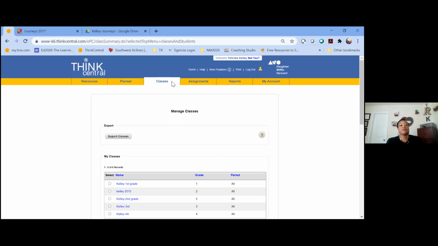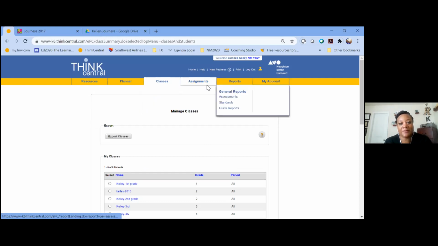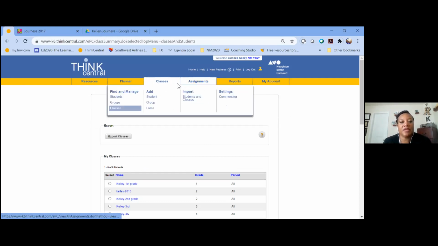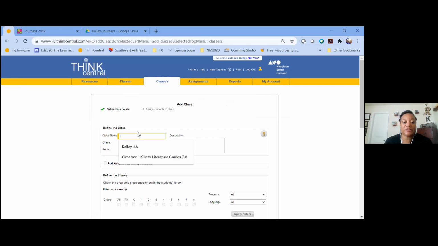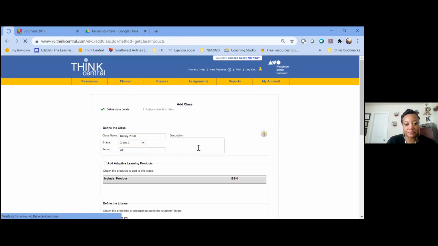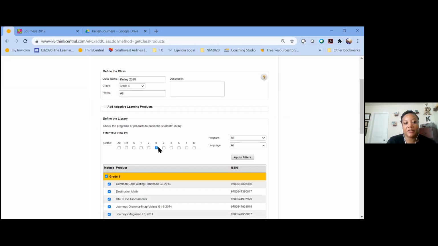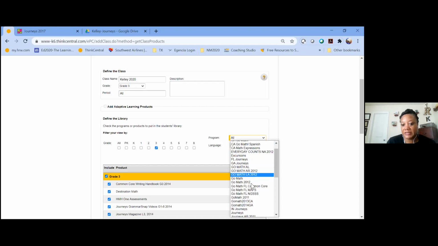All right. So now this is my dashboard, and all of these, this yellow band, these are all tabs, right? So what you would do from here is add a class. So we would go into add class, and you just would simply create yours. I'm just going to say Kelly 2020, and it's going to be 3rd grade. And I am looking for 3rd grade Journeys,